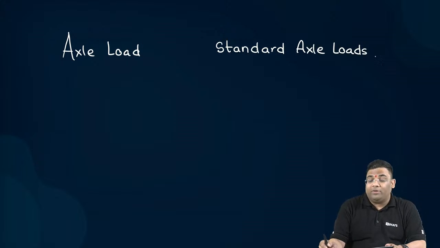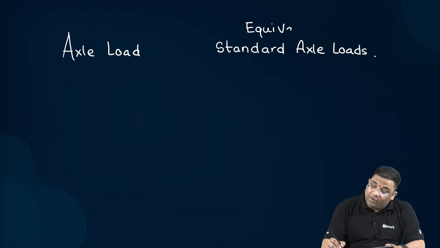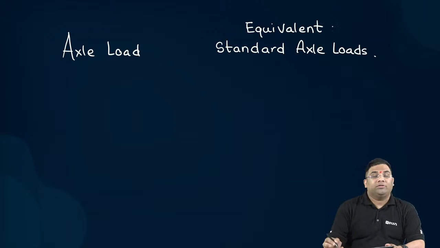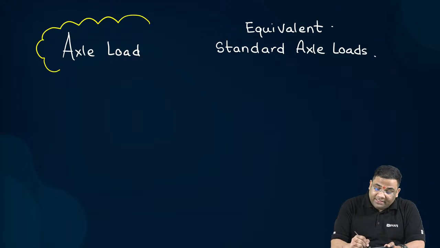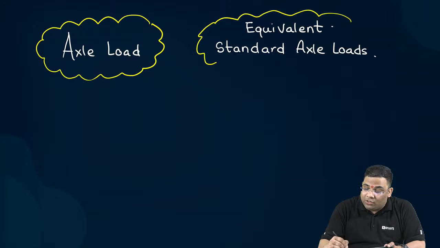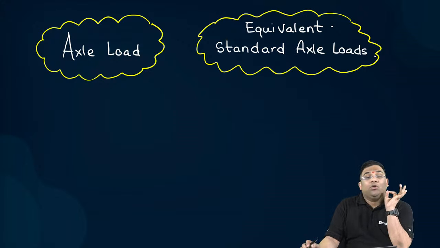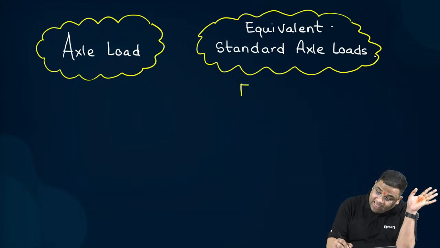I will give a name to it. I will give it as equivalent standard axle loads. Means what? Means this one axle load is equal to how many standard axle loads. So whenever you hear this term, equivalent standard axle load, what does that mean? ESAL, equivalent